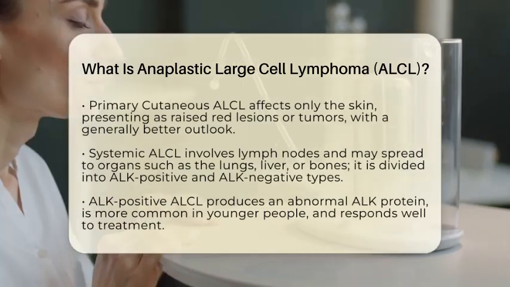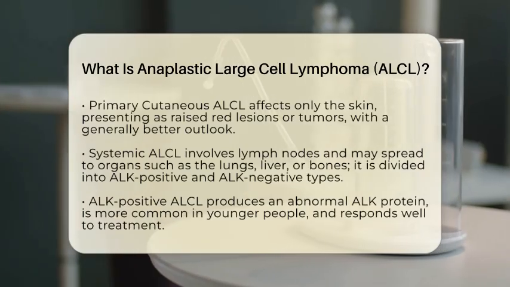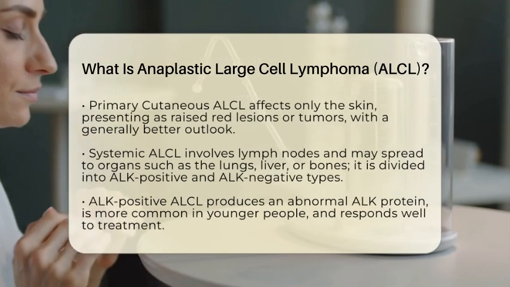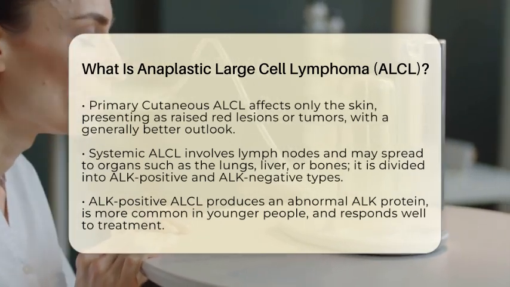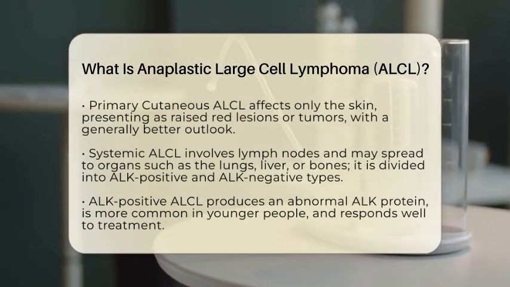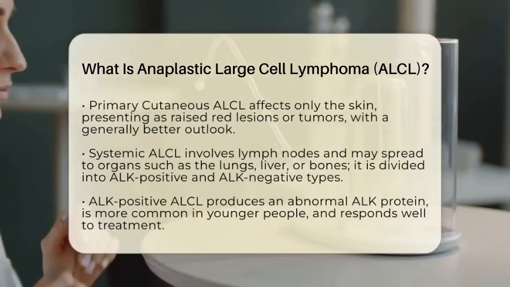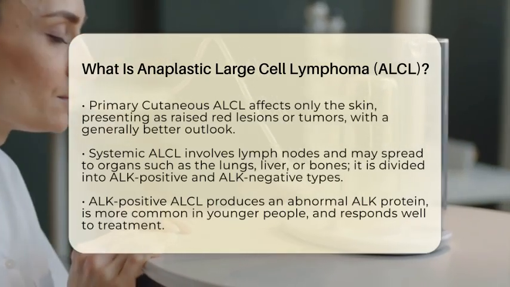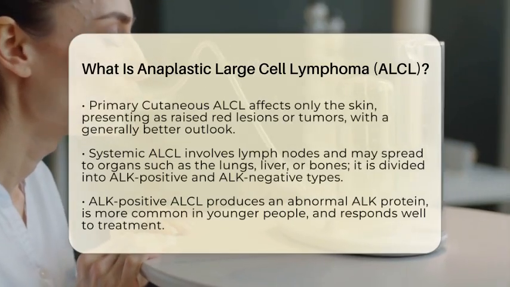bones, or abdomen. Systemic ALCL is further divided based on whether the cancer cells produce a protein called Anaplastic lymphoma kinase, or ALK. ALK-positive ALCL occurs when the cancer cells produce an abnormal ALK protein due to a genetic change. This form is more common in younger people and tends to respond well to treatment. ALK-negative ALCL does not produce this protein and is more often seen in older adults, with a somewhat less favorable